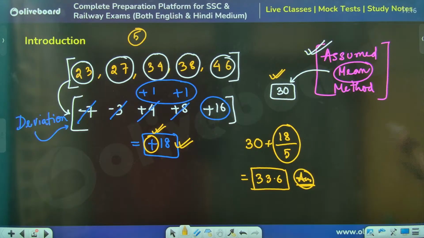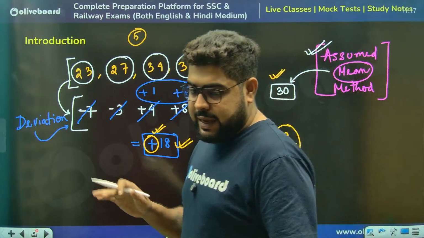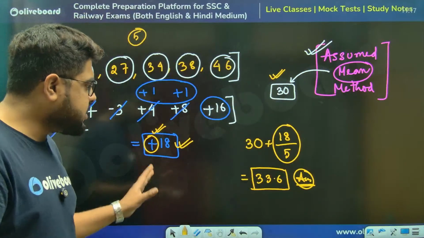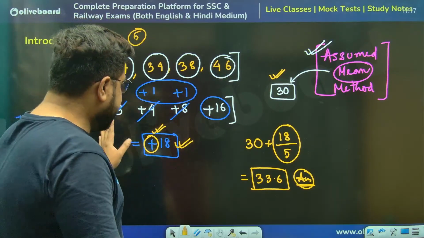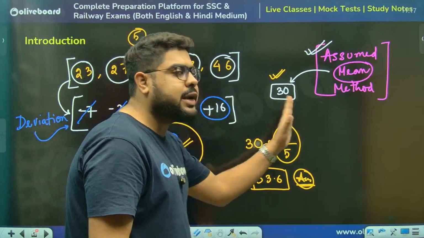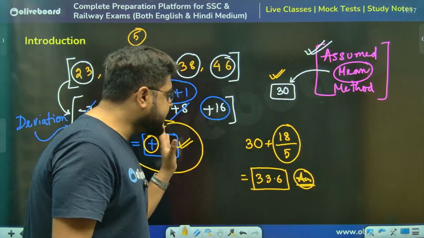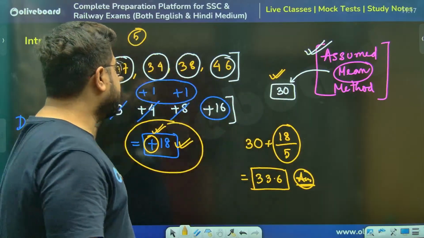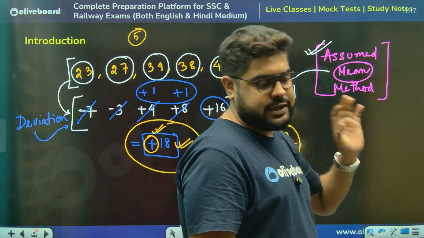Now, this concept is very, very important. Again, please understand, sir. I'm going very slow here because this is something that you must understand. Whatever is my deviation, we will always distribute the deviation. In order to calculate average, we will always distribute the deviation among everyone we are calculating the average about.